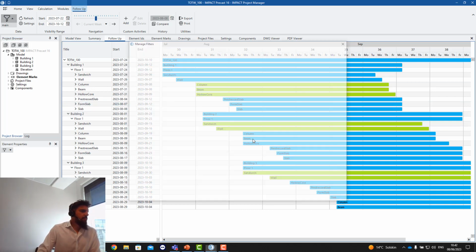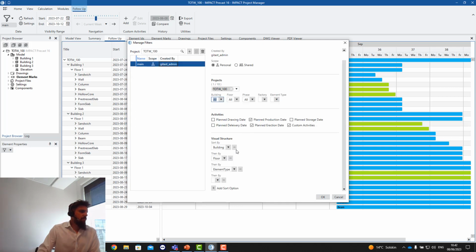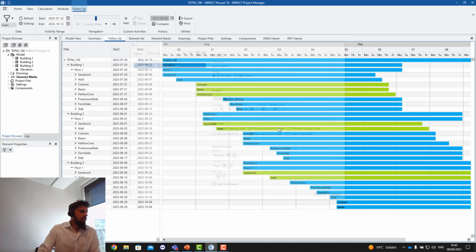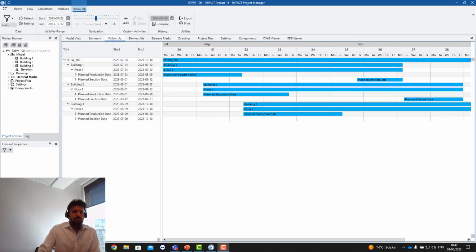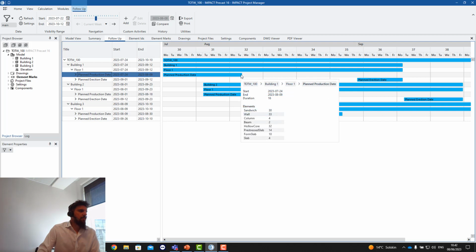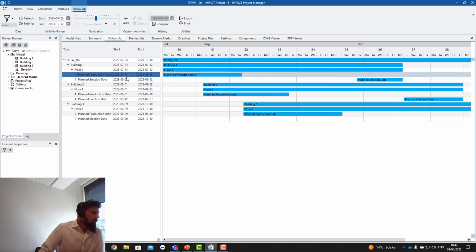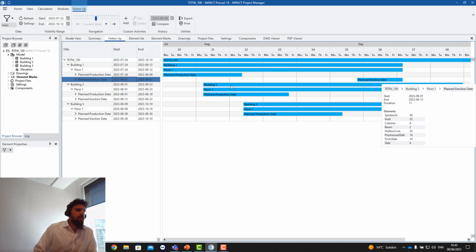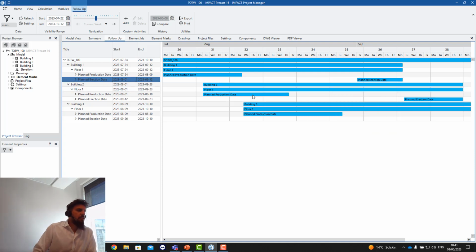If we go back to my filter, so what I did is took away the element types, and now you can actually see your planned production date. Here it goes all the way from the 24th until the 9th of August, and then the actual plant erection dates that the project manager has set is between this span. This happens for every little